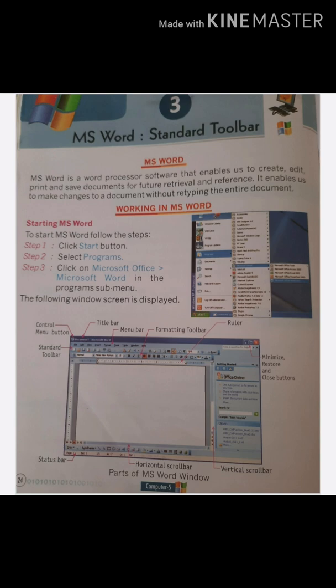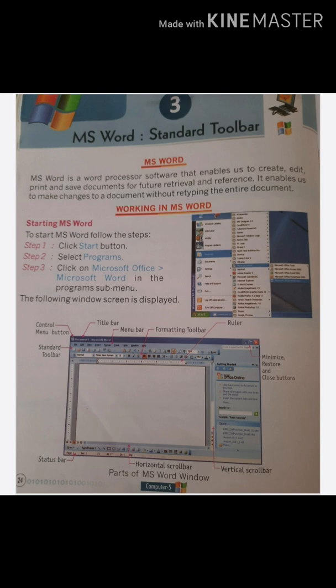Alongside is the shortcut: to open a new dialog box, you can press Ctrl plus N. If you want to open it through a shortcut button, you have to press Ctrl plus N to open a new dialog box.